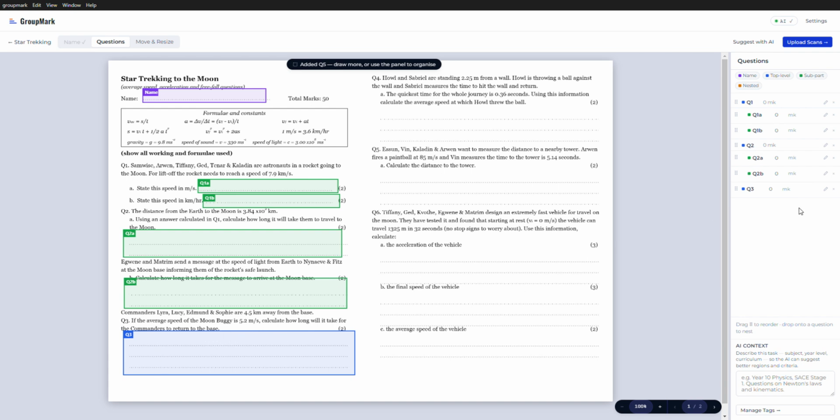Question 3 is a single parter. And for each question, you can specify how many marks they're worth. So question 1A is out of 2, question 1B is out of 2. Right. And you can see the totals change. Each one can also get a name, so you can specify,